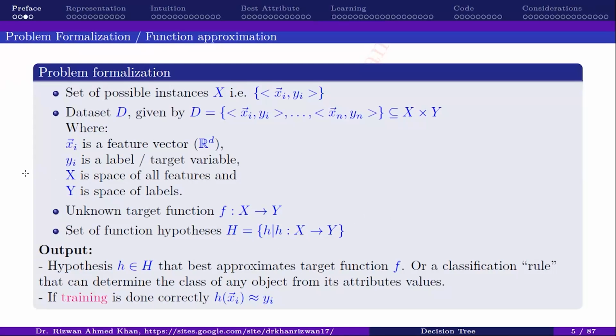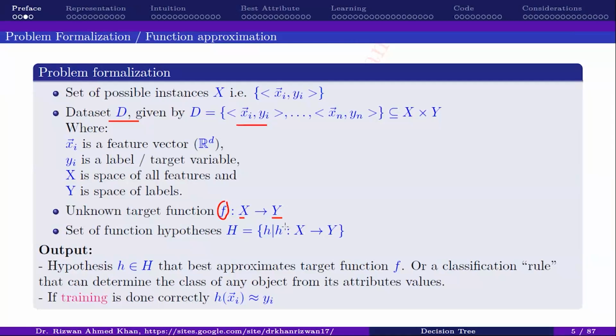Okay, again, this is a supervised machine learning problem. Decision tree classifier is a supervised classifier, and this problem's formalization is the same as we have seen before. So we are given a data set D, and D is composed of feature vector X and corresponding label Y, as we know what is X and Y. So X has dimensions D, and Y is the associated label. And we are trying to find a function that maps inputs to output.